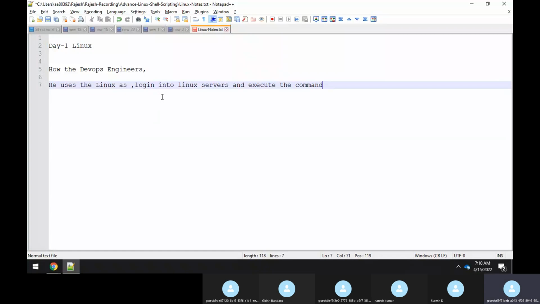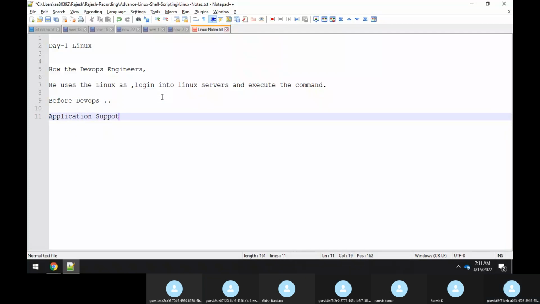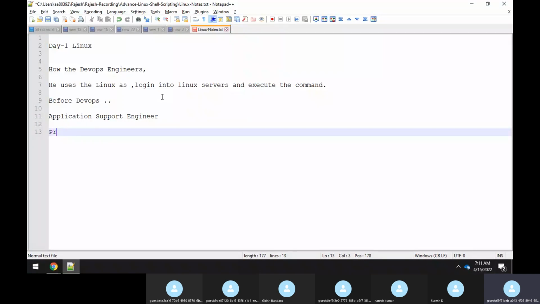The answer to the question is that, to understand DevOps, we need to look at before DevOps. See, this terminology DevOps engineer, you had never used before some 6 years. There was no word by the name DevOps 6 or 7 years ago, as per my understanding. Before that, what did people used to call it? People used to call it application support engineer, or else you might have heard about production support engineer.